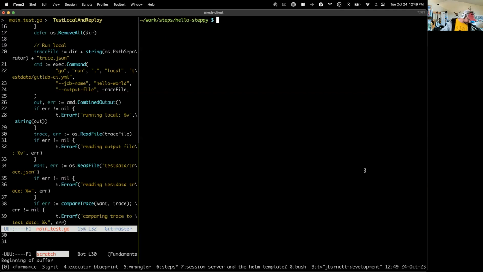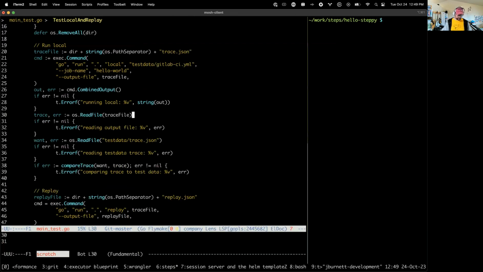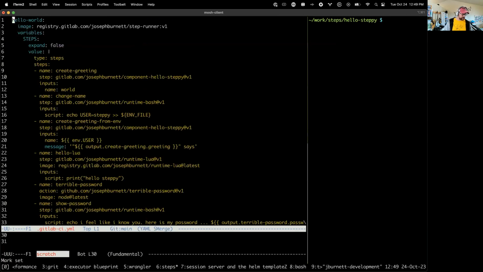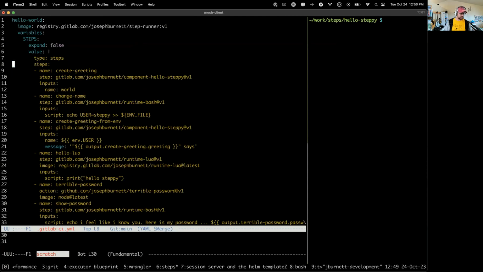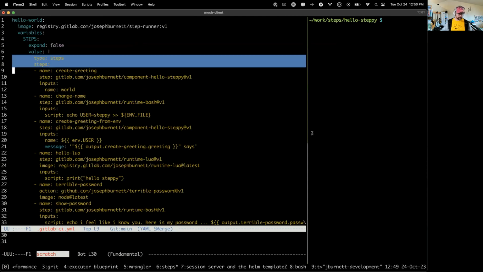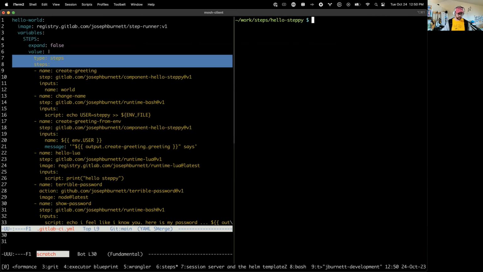Let's see, what else? Oh, I didn't actually show you what composites and sequences look like explicitly. All of these steps that I used were just exec types. There's two types, sequence and exec. Exec just does the thing. Sequence is another sequence of steps, but the code is actually there, and we actually exercised it. If you look here, see this bit right here where it says types and steps? This is exactly the same as what you would put